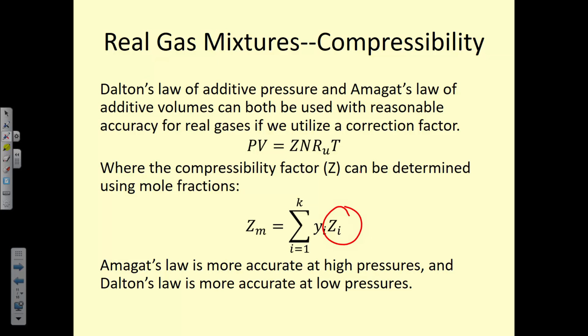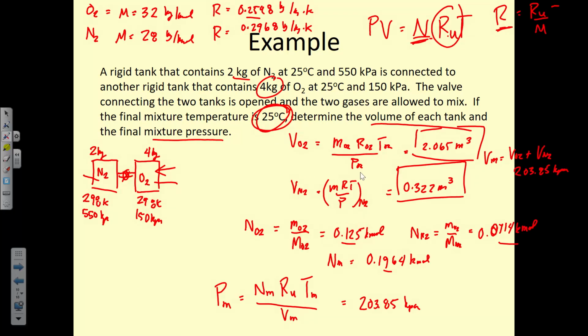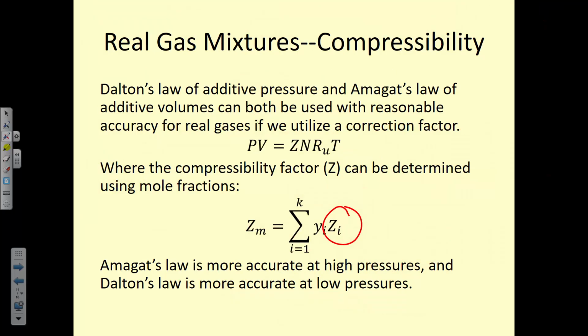Yes? So the two laws that you just showed us, like adding the pressures and adding the volumes, those were just for ideal gases, or you can use those for real gases too? They are approximate for real gases. So if your real gases are close to behaving like an ideal gas, they're a pretty good estimate too. But what we're doing now is we're saying, okay, it's similar to what we did in chapter 12, we can analyze this as if it were an ideal gas, and then we're going to add on a correction factor. So it'd be almost like a comparison problem.